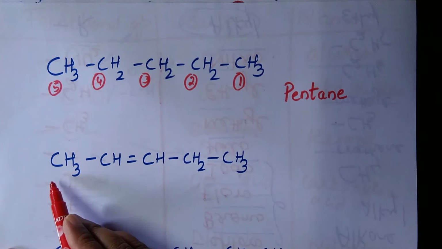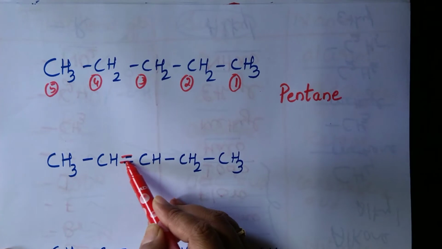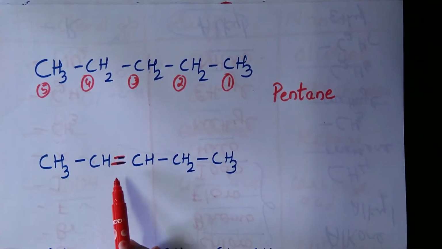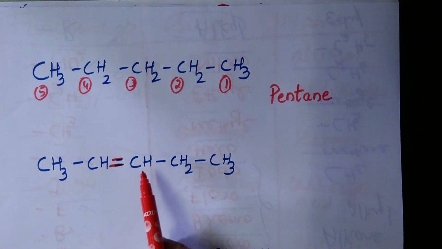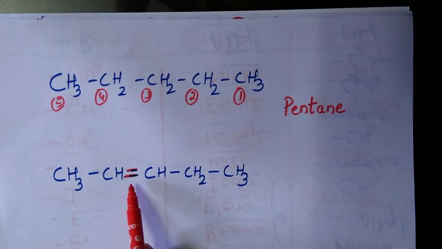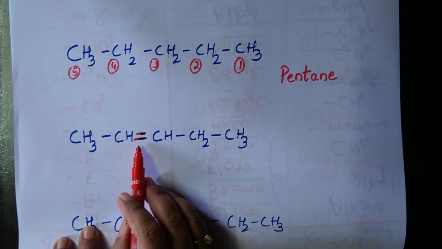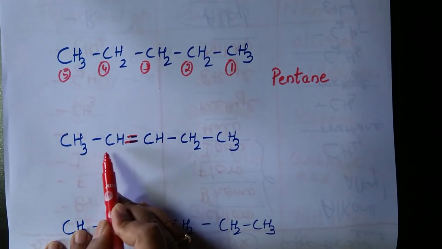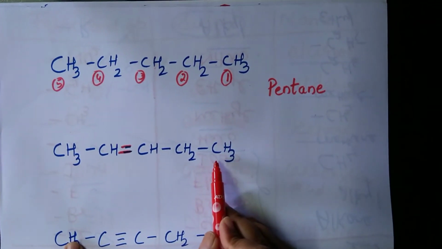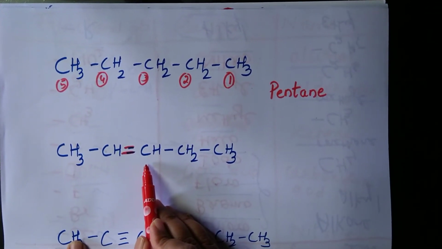Here also you have to select the longest carbon chain. But I have a carbon-carbon double bond here. Hope you are able to see. Now this double bond should be given importance, like we give importance to the guests at home. Functional group should be given importance. If I give importance to double bond, then this carbon will be named as 2, 1 and 2. If I start numbering from here, it will be 1, 2 and 3. Out of 2 and 3, which is smaller one, you have to number it from that side.